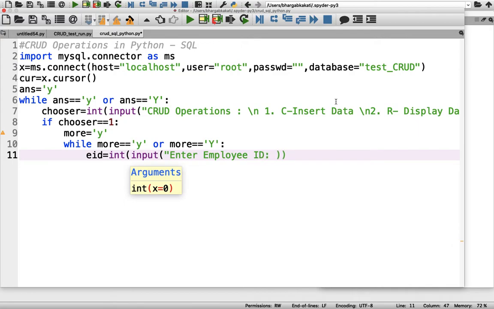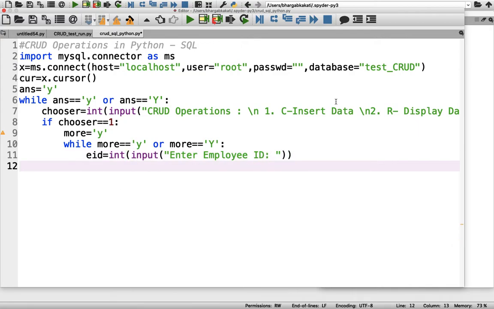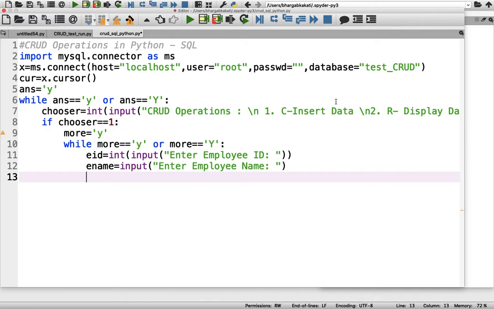Employee ID will be received in the variable EID. After that we require the employee name also. Let's give it as ename. It is a string, so I am giving just input, enter employee name.